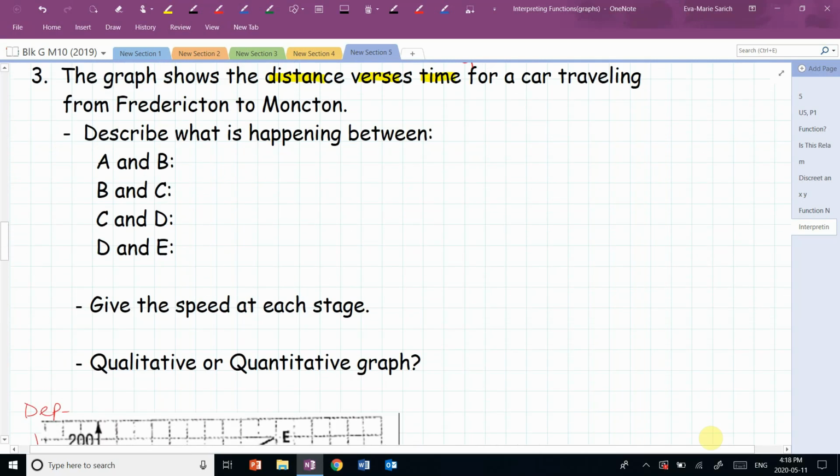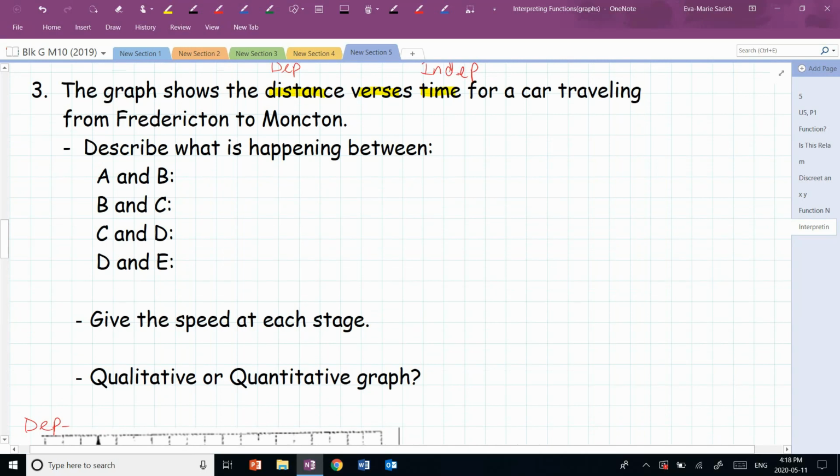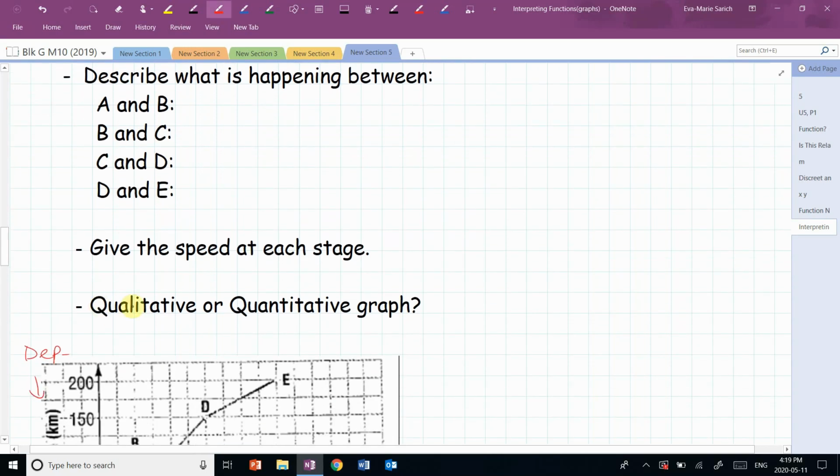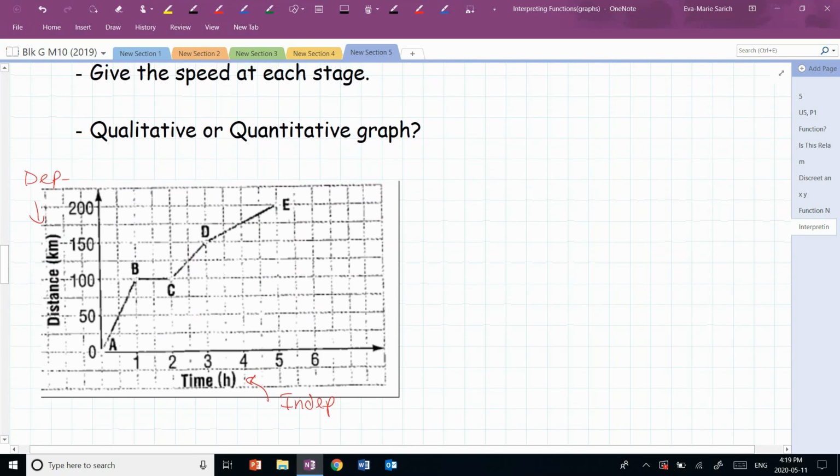Okay, so we want to, in fact, look at the graph of distance versus time for a car traveling from Fredericton to Moncton. We want, again, to describe what's happening between points A and B, B and C, C and D, and D and E. And we're going to give the speed at each stage, and we need to determine if this is a qualitative or a quantitative graph. So looking at this, remember that qualitative just has the general trend,